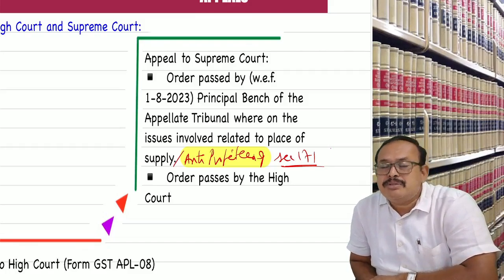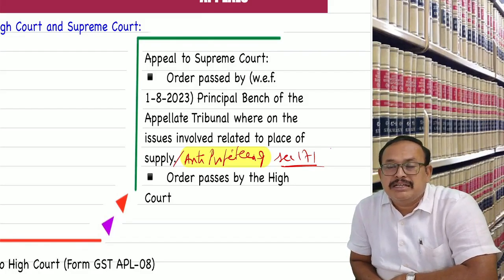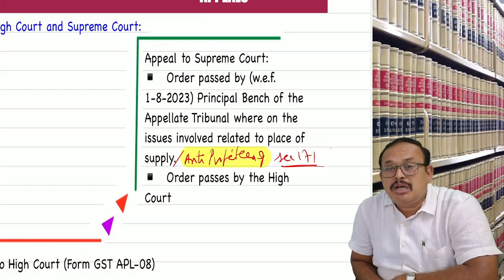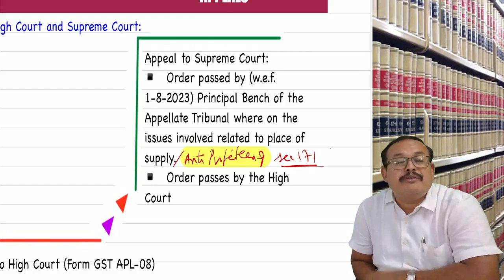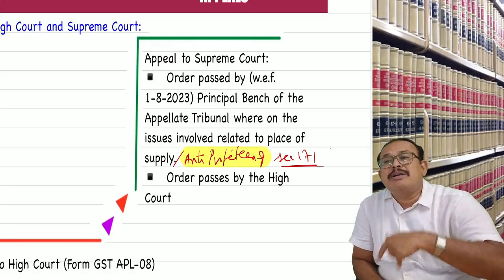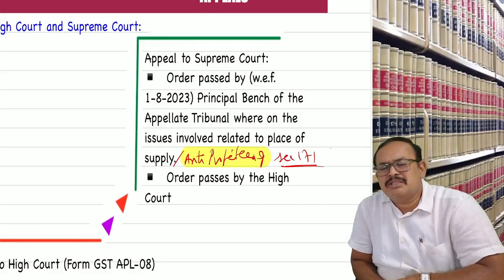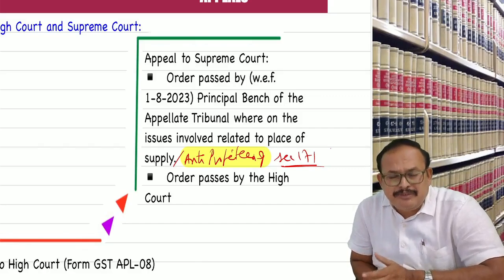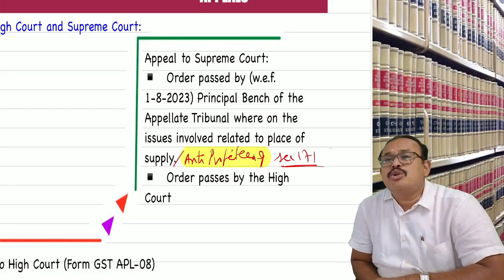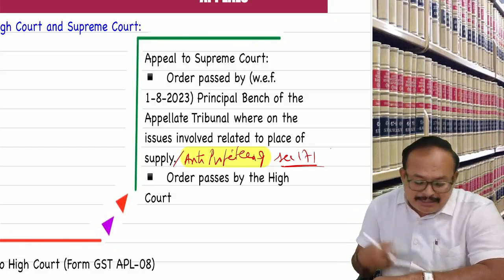If the dispute comes, the matter will be heard by the principal bench of the tribunal, and you can directly go to Supreme Court. Supreme Court has the right to condone the delay for any number of days. Supreme Court has no time bound period to come out and give judgment. This is the phenomenon of High Court and Supreme Court. Of course, High Court, Supreme Court, even the tribunal, have the right to remand the matter back to the adjudicating authority. Got the clarity, my dear friends?